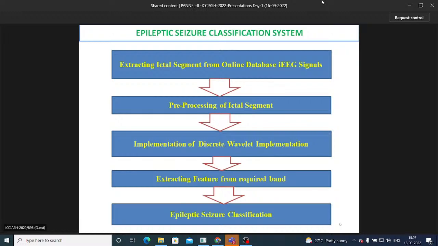As we are doing this with respect to electrodes, that is how many electrodes are showing a seizure. Depending upon a number of electrodes,